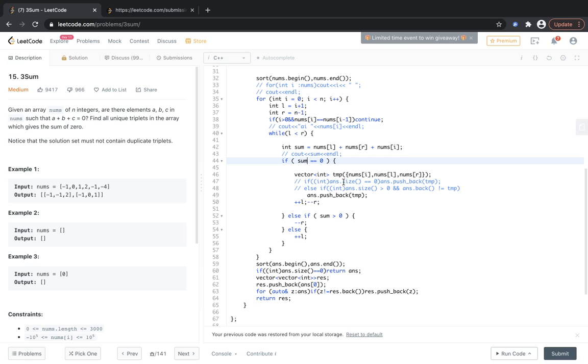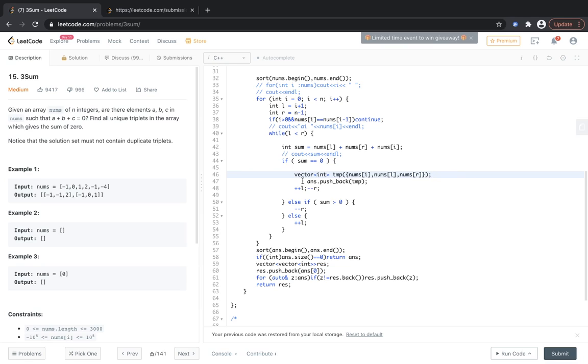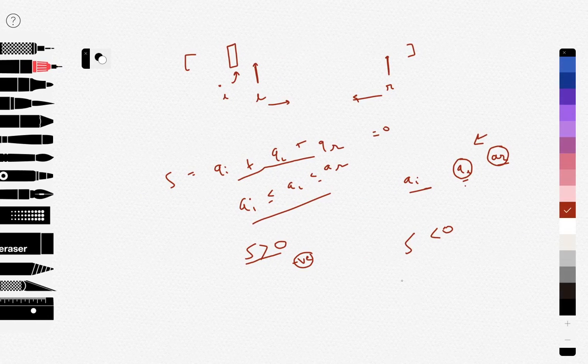If it is 0, then let's call the triplet a temporary array, push it in our answer, and increase l and decrease r at the same time, because if the sum is 0, then this l, this r and this i form a valid set, and the new set that we will consider needs both to move.